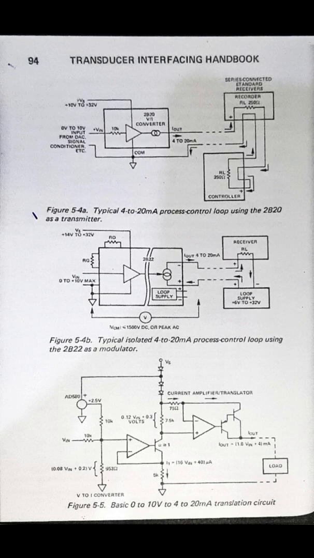In many process control applications, information is transmitted in the form of a 4 to 20 milliampere current. The current has a span of 16 milliamperes full scale, and the offsetting range is 4 to 20 milliamperes. The transmission of current provides a degree of noise immunity, since the received information is unaffected